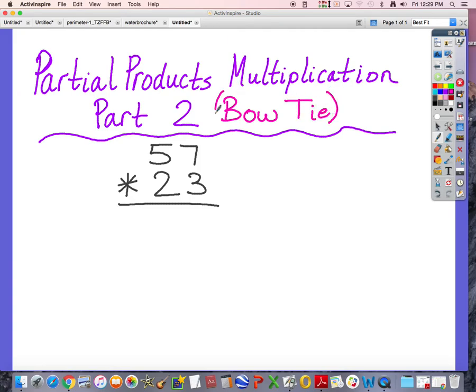This strategy is similar to multiplication wrestling in that the teams take on the numbers of the other team. So the 57, the 5 of 57 takes on the 2 of 23. It also takes on the 3 of 23. It will never take on its opponent's 7. This strategy is called the bow tie because you can complete your multiplication steps, and when you are finished, it'll